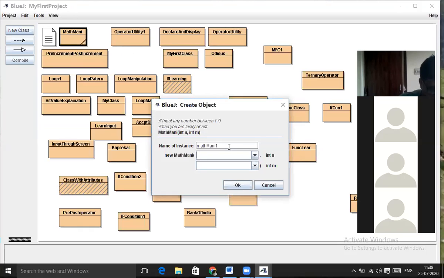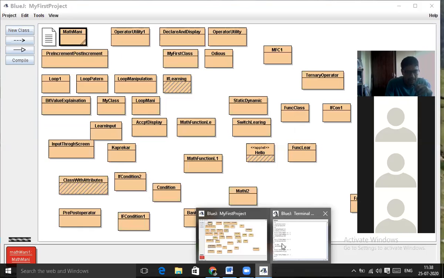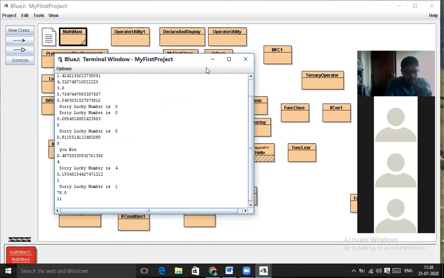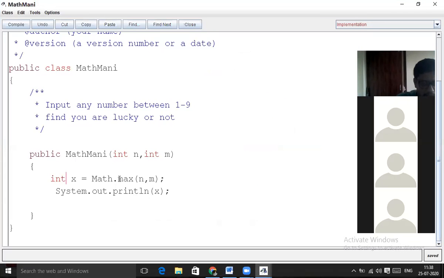I'll go for value number 9 and value number 11. The maximum is 11, so it is coming 11. Okay, so we get the result as 11. After 78, it is 11. There is no fraction after 11. Now we move into the same one. We can change max into min, so it will take the two